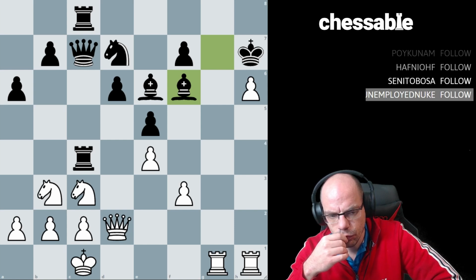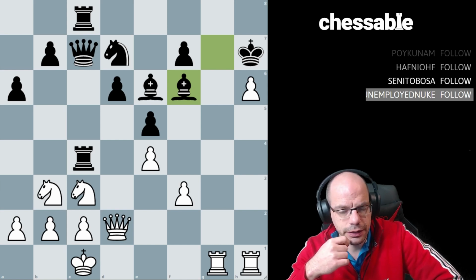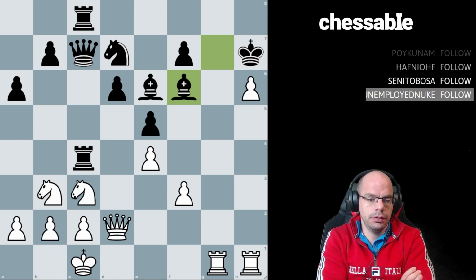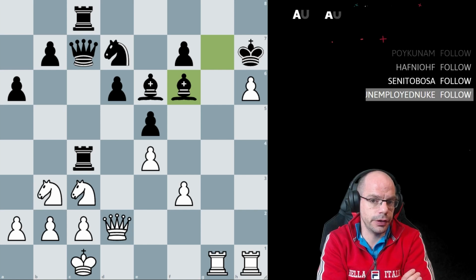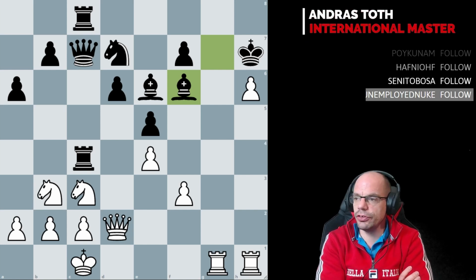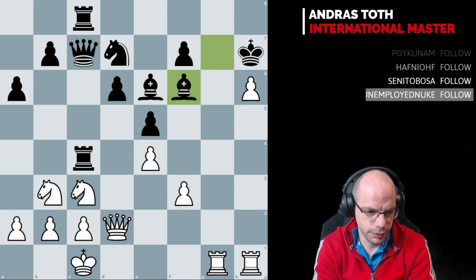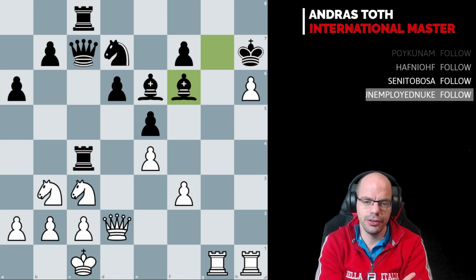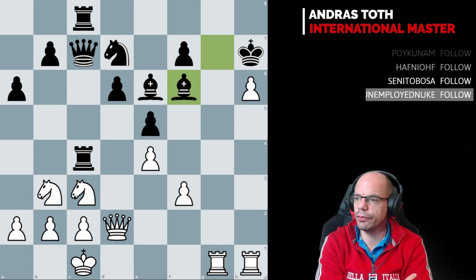Well, the difference here is after rook g7 check, the king can go to h8. Exactly. And that actually puts a massive dent in our attack because it seems that the king is pretty secure on h8. Yeah. So in this position, rook g7 was not played, but instead a different checkmate pattern occurred, which is even more beautiful.